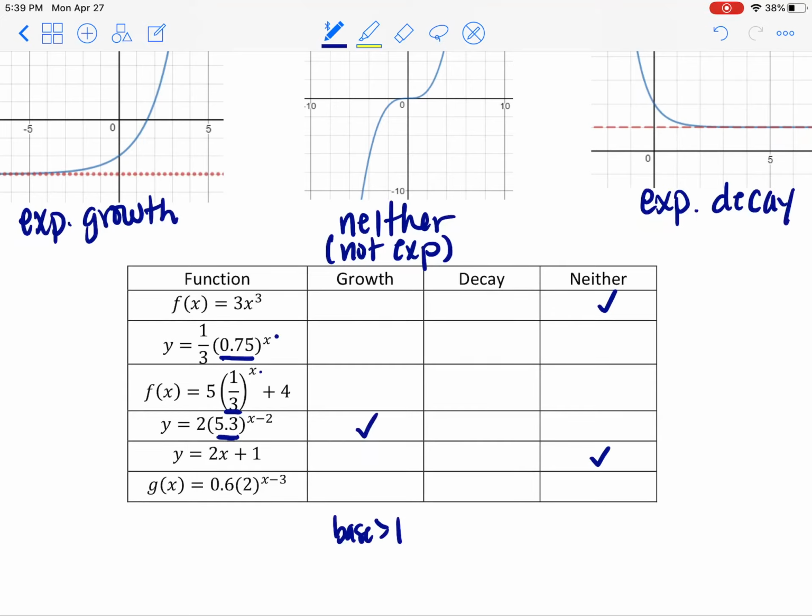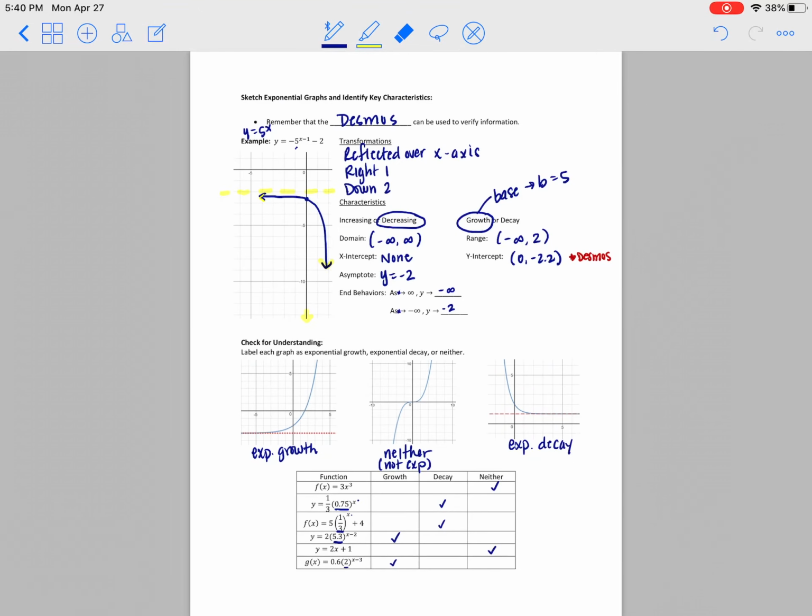Now, which ones are growth, which ones are decay? Remember, for growth, the base has to be bigger than 1. The base of this exponent, not bigger than 1. The base of this exponent, not bigger than 1. This is bigger than 1. That is growth. That was a neither, and this base, bigger than 1, is growth. When the base is between 0 and 1, like 0.75, it's decay. Between 0 and 1, like a third, it's decay. And that's it. Got them all. Okay? So the base is going to tell you if we're multiplying